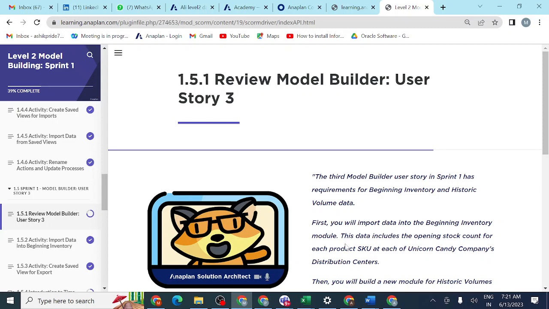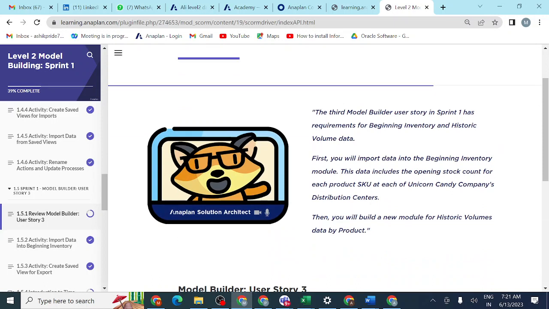So you can see, first you will import data into the beginning inventory module. So first we need to create one beginning inventory module, and we need to import how much opening stock we have. The data includes the opening stock count for each product, how much we have initially at each Unicorn Candy Company distribution center.